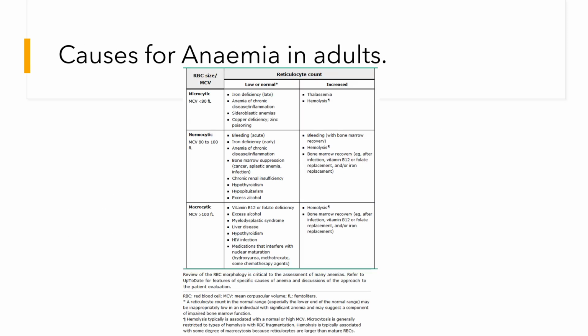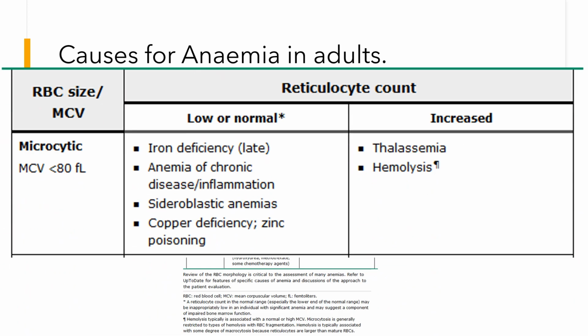So what are the causes of anemia in adults? Anemia we broadly categorize as microcytic anemia, normocytic anemia, and macrocytic anemia. Here I am only going to talk about microcytic anemia. Again, it can be divided as microcytic anemia with low or normal retic count, and microcytic anemia with high